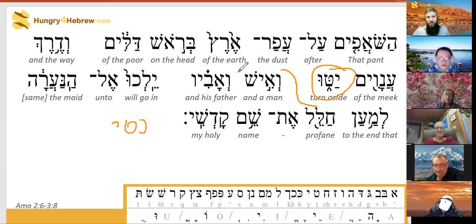The ish va'aviv. Okay, it's going to get a little X-rated here. The ish va'aviv, a man and his father, yelechu el hana'ara. The idea is that both the man and the father are having relations with a single female. That's not allowed in the Torah. And because it's na'ara, it implies that she is young. Correct. Lema'an, for the sake of